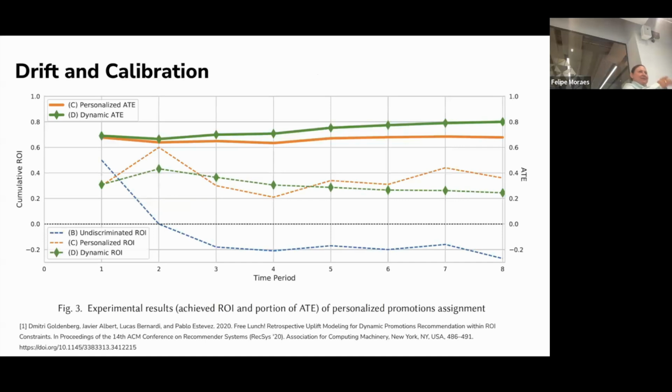So in that paper, which we already mentioned a couple of times, about retrospective estimation, it was also addressed. The authors proposed to dynamically calibrate the output, and according to the experiment results, it was more beneficial than just using the unmodified prediction.